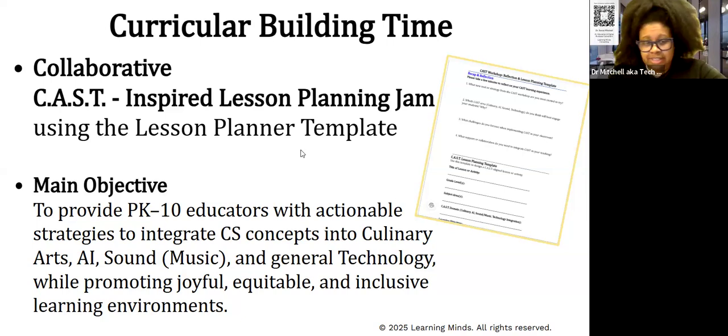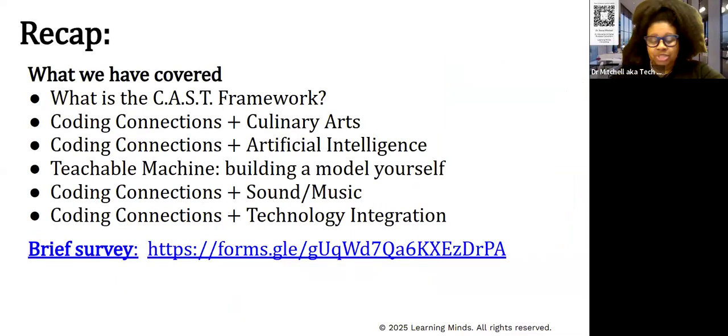The main objective is that we want to provide pre K to 10th grade, or maybe even older, students with actionable strategies to integrate CS into culinary arts, AI, sound, which theoretically is music, and technology integration, making it joyful, equitable, and inclusive in all learning environments. So, just to recap,